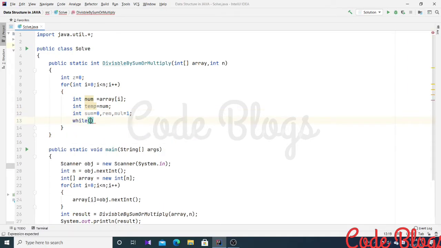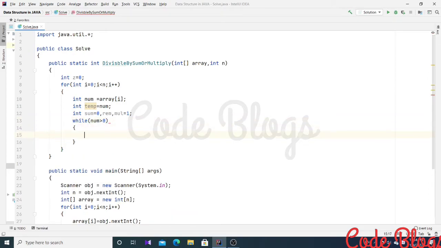In the while loop the condition is number greater than 0, and using this while loop I find the sum of each digit of the number and the multiplication of each digit.